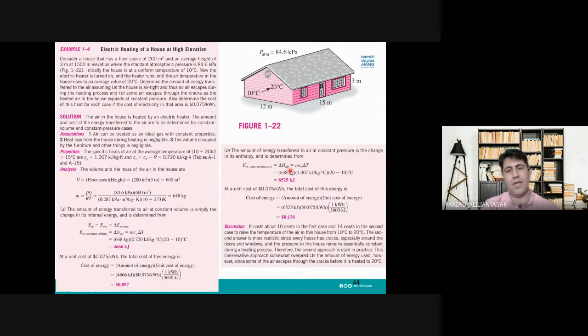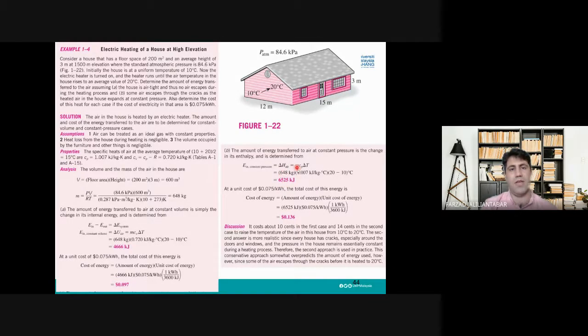In part B, the only difference this time is we have a constant pressure process. This time, the enthalpy of the system is changed. And you know from the previous session that it will be equal to m cp delta T. We have m already calculated, 648 kilogram. We have cp, we have those two temperatures, and this time the amount is